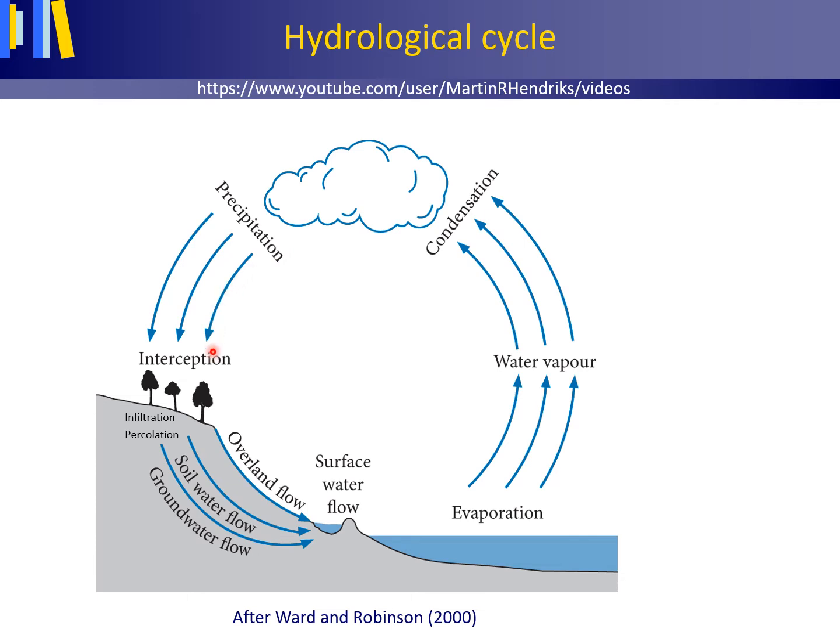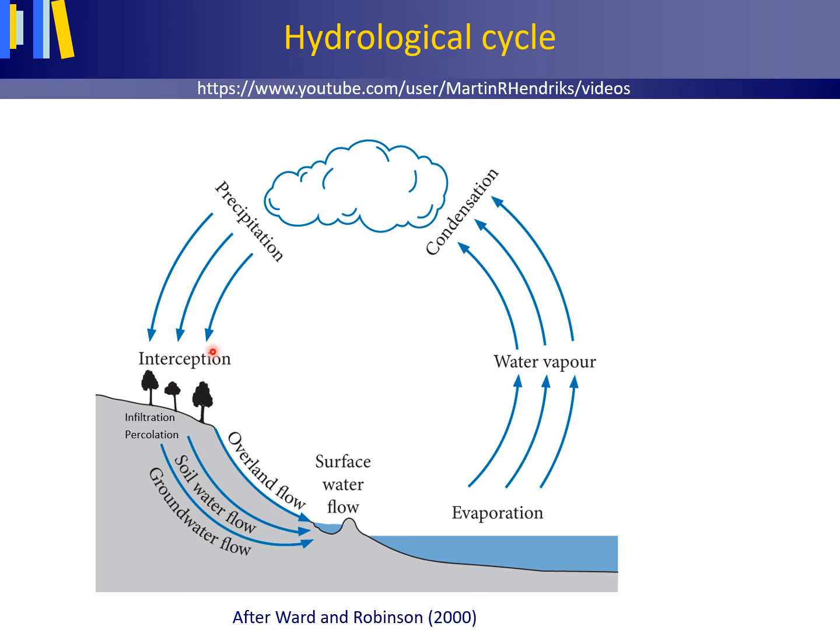Water falls on vegetation or buildings on the land surface, or on the land surface itself. Water can become intercepted by vegetation or by buildings, a process called interception storage. Interception storage is the amount of water per unit of time that is stored on vegetation or buildings. From there it can evaporate into the atmosphere, a process called interception evaporation.